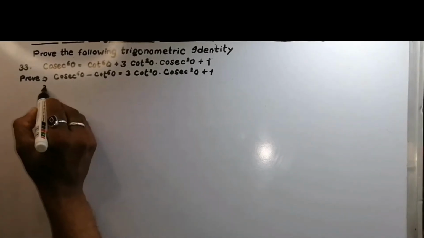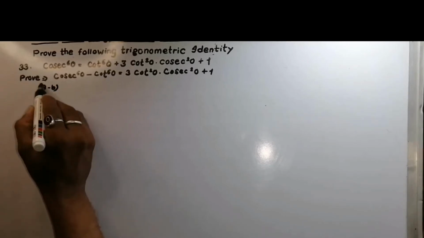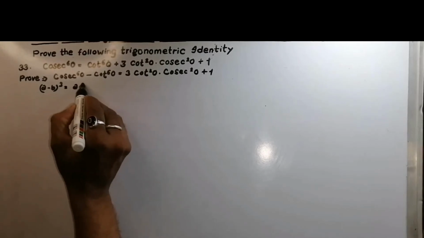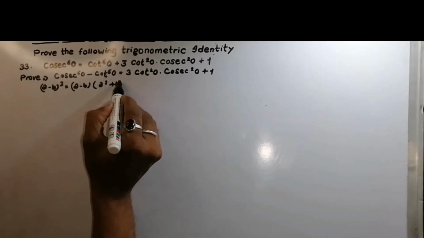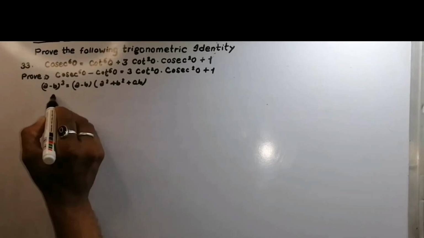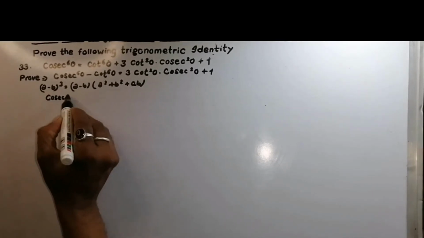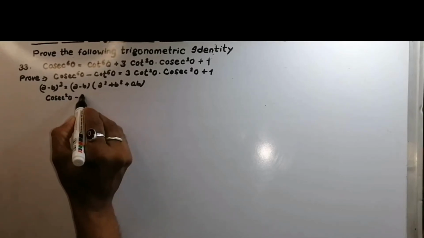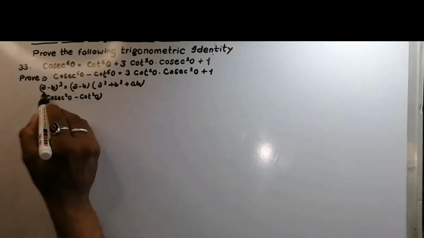Same like that, it is the identity of a cube minus b cube. We can write a minus b, a square plus b square plus ab. So in place of this we can write cosec square theta minus cot square theta,